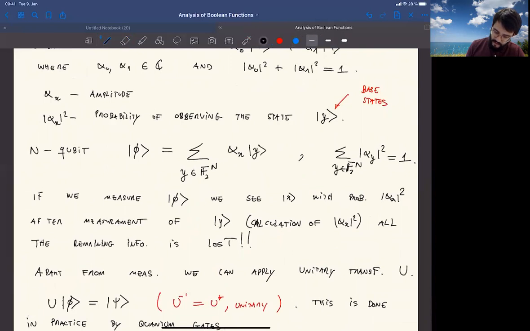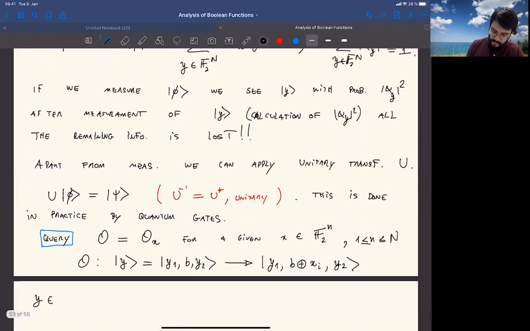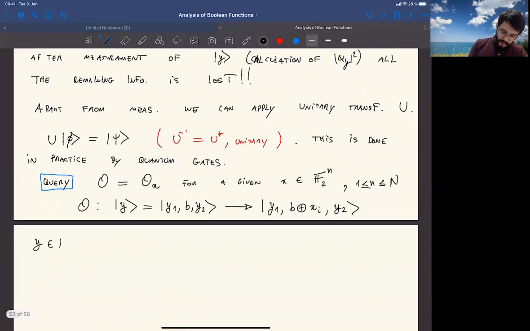So y is a string of the size the quantum computer is, and then y1